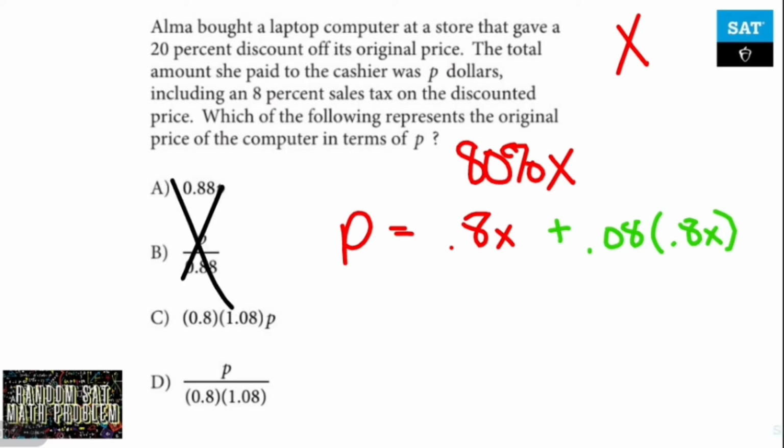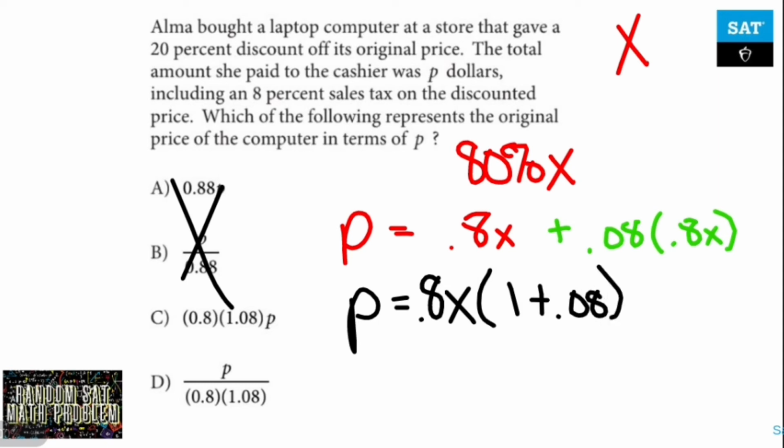I mean, it's definitely not these guys. But what I'm going to do is factor out an x. Let me just do that. Factor out an x. P equals x times, and I can also factor out a 0.8. So let me try that. I'm going to factor out a 0.8x. May not be the best way of doing it, but I'm doing it. If I do that, that leaves me with 1 plus 0.08,